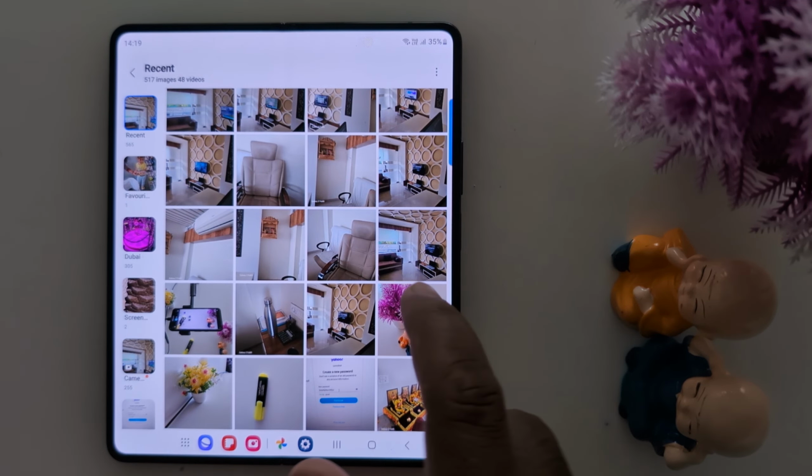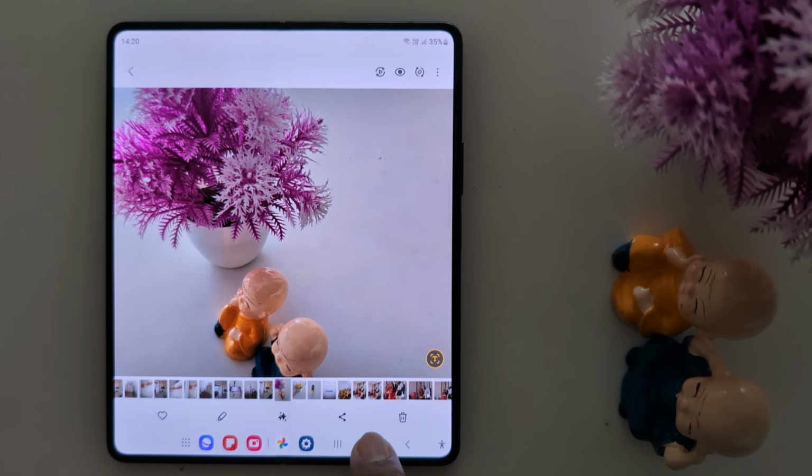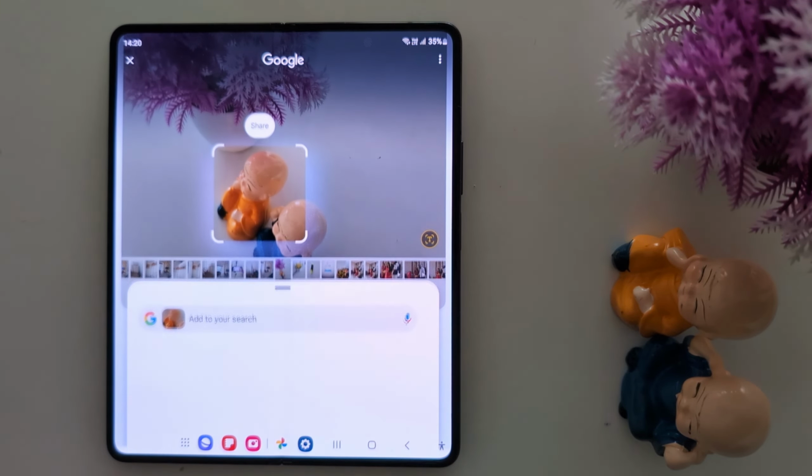Just open any product image and long press the home button and circle what you want to find the related